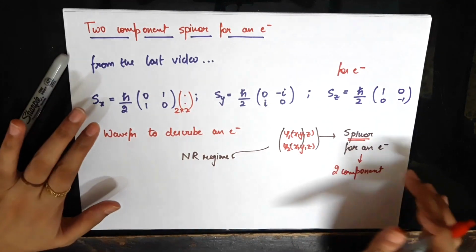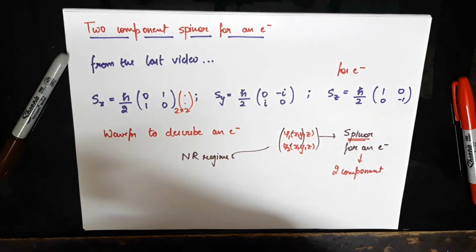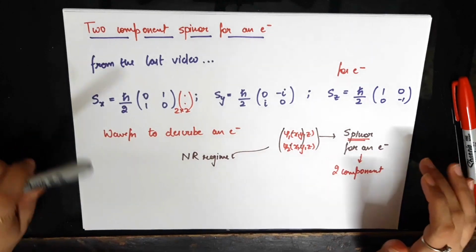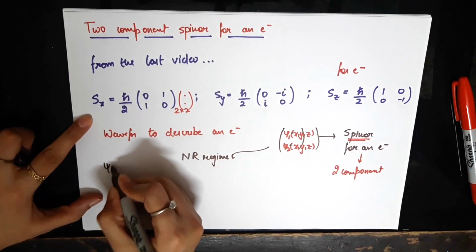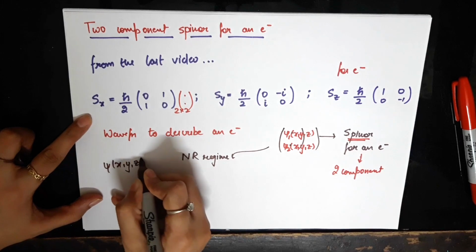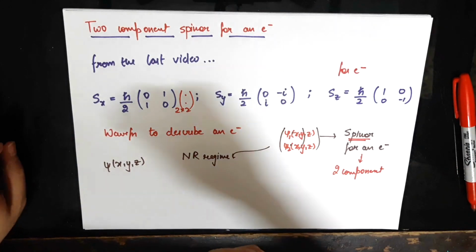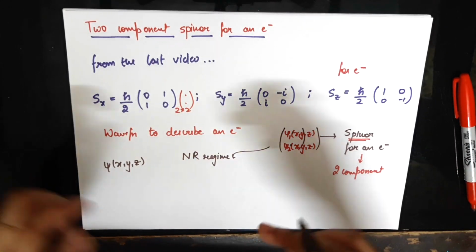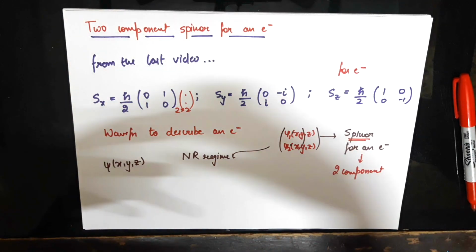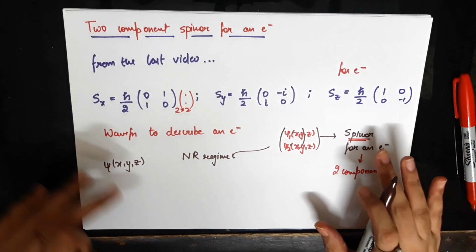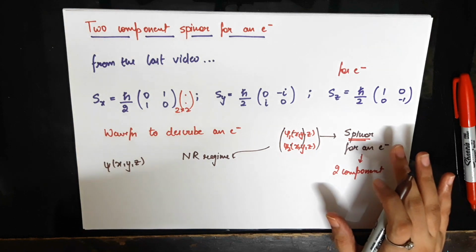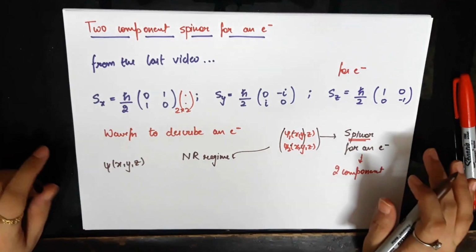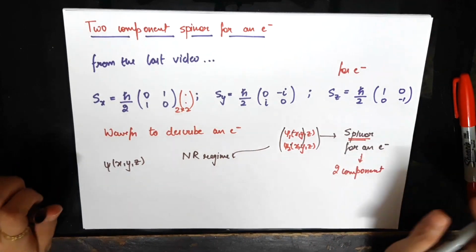And this is different from what you know from, say, describing an electron in a hydrogen atom, where we were able to do it in terms of scalar wave functions of x, y, z. That was because we were just considering the orbital effects. The electron orbits around the nucleus, that is what we were considering, but we were not considering spin. If we consider spin, it's a two-component spinor, a two-component wave function.